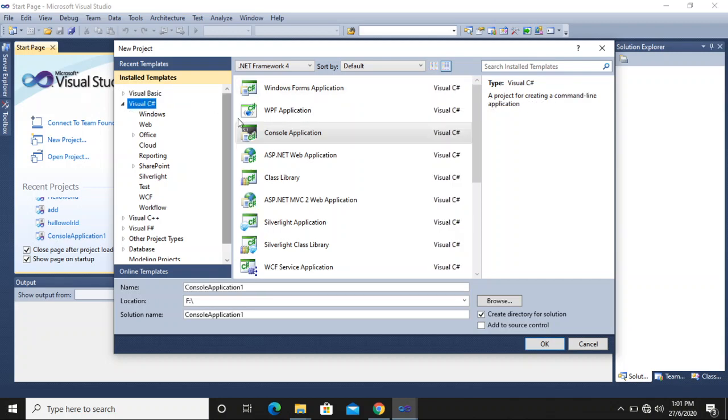If you click on C#, it will show a variety of applications. Here the first one is Windows Forms application, WPF application, console application, ASP.NET application, and so on. Today we'll go for the console application. By default, the name is ConsoleApplication1. You can change it to simple. Here the name of the project is simple, and the location of the project is the Yap drive. You can change it, not an issue. And the solution name is simple. Just click OK.